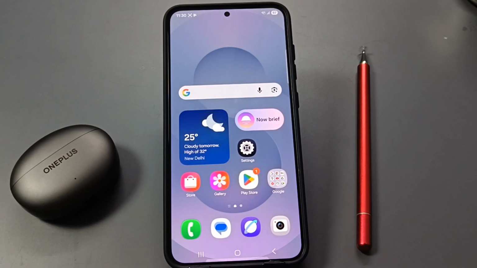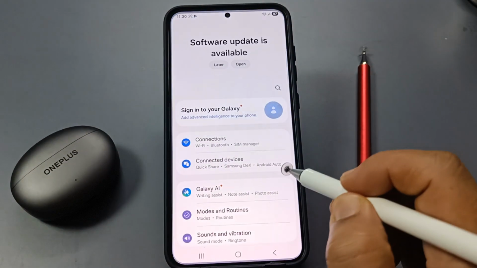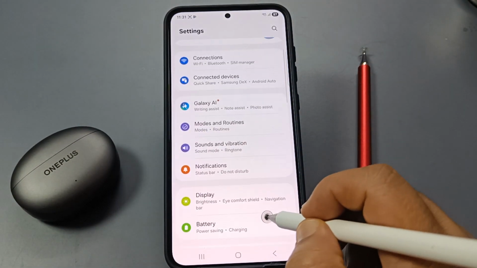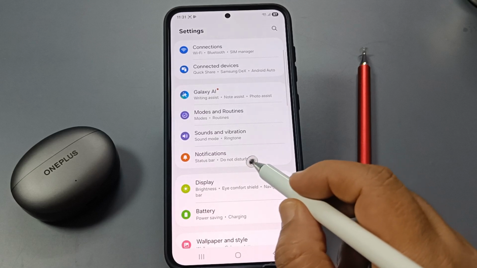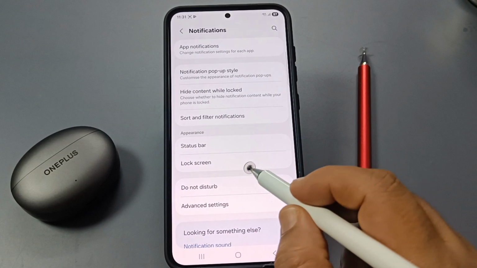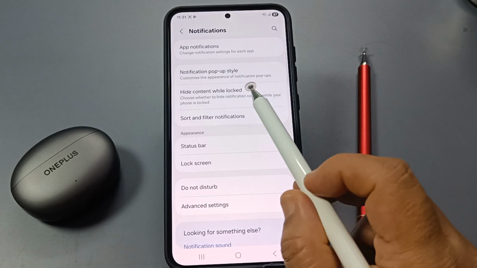So today in this video, I am going to show you how to enable the edge lightings on this device. Simply open your settings. Now scroll down. Here you can see the option notifications. Tap on this one. Now here you can see the option notification pop-up